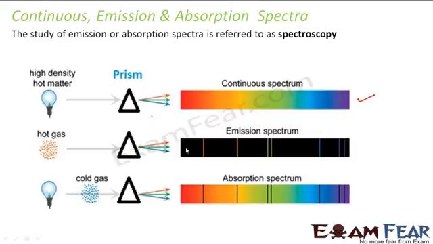Now in emission spectrum, these are my dark areas. That means these are the missing areas. Now where are these missing areas gone? They are in the absorption spectrum. So this is my absorption spectrum. So the absorption spectrum will be bright where the emission spectrum is dark. Right? It is similar to the example of the 10 rupee note